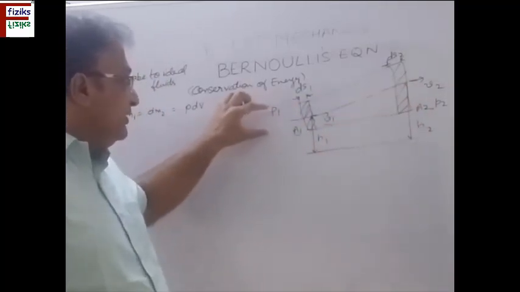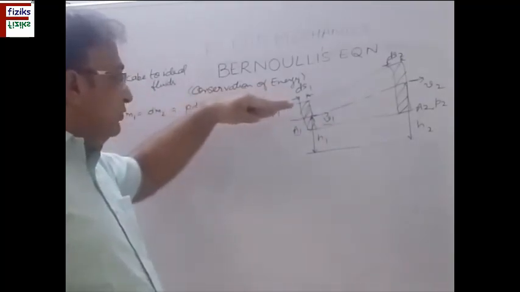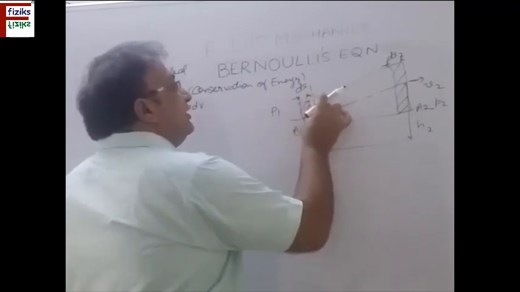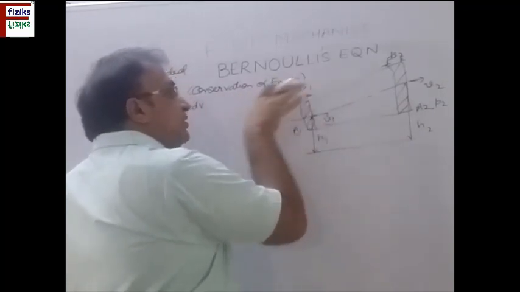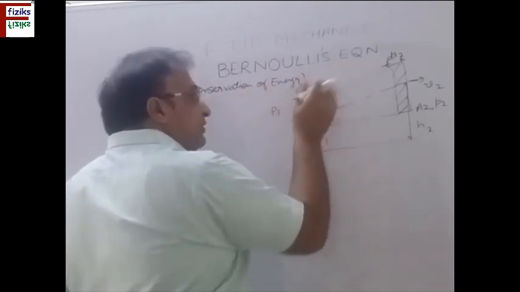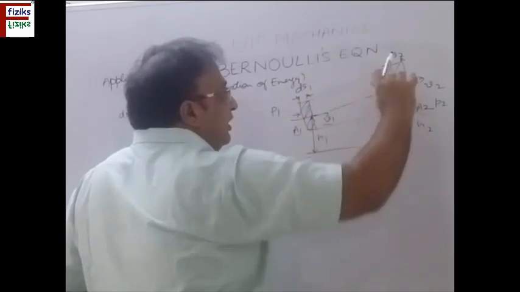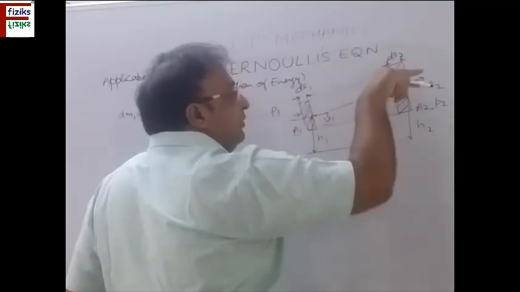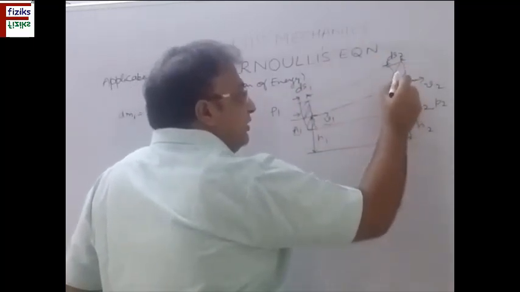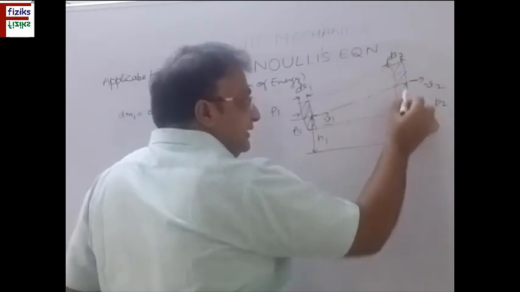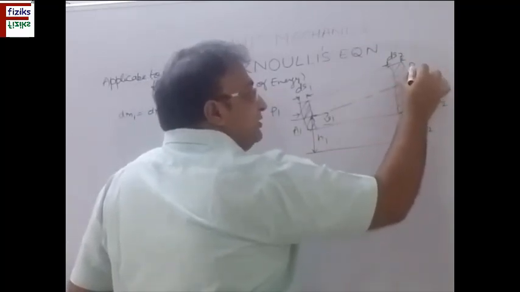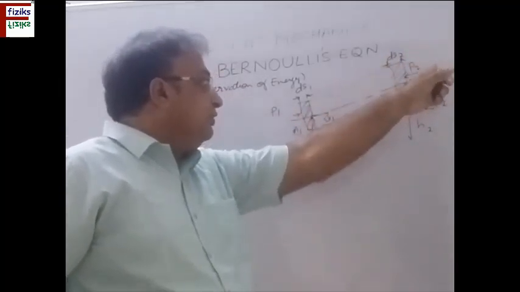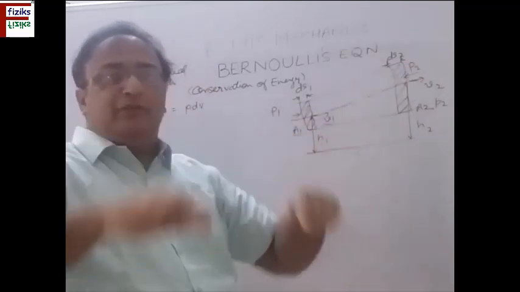And the pressure of the fluid here is P1. This fluid is entering, so it exerts pressure on the fluid present in this element or beyond this element, applying a pressure on the fluid on the other side in this direction. And when the fluid comes out of this, it applies pressure on the outside fluid. So we have to consider the force or the pressure acting on the fluid in this element. That will be in this direction, as a reaction force or pressure applied by the outside fluid on this element. So it will be different.